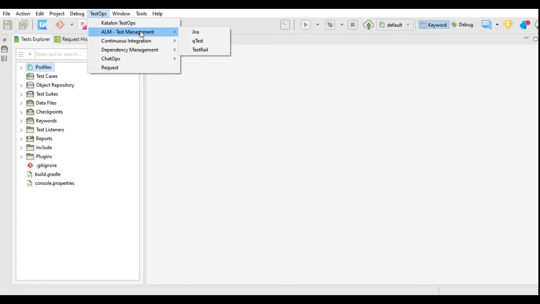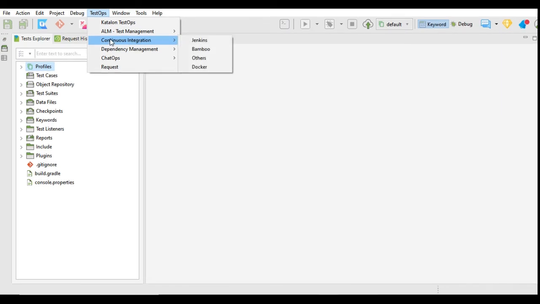Then you can integrate Katalon Studio with Jira or qTest or TestRail. You can integrate continuous integration tools like Jenkins, Bamboo, Docker with Katalon Studio. Dependency management can be done using the Gradle plugin. Then you can integrate with ChatOps, Slack ChatOps.